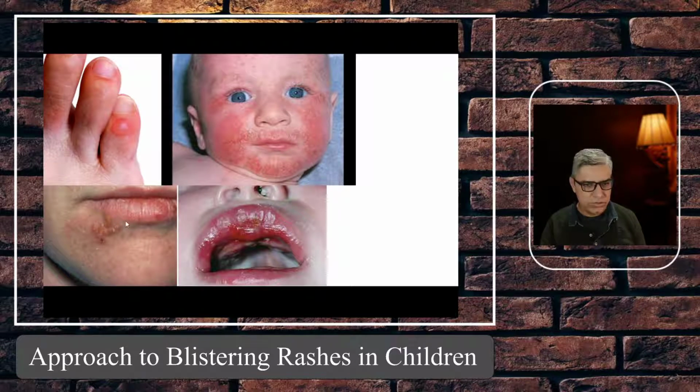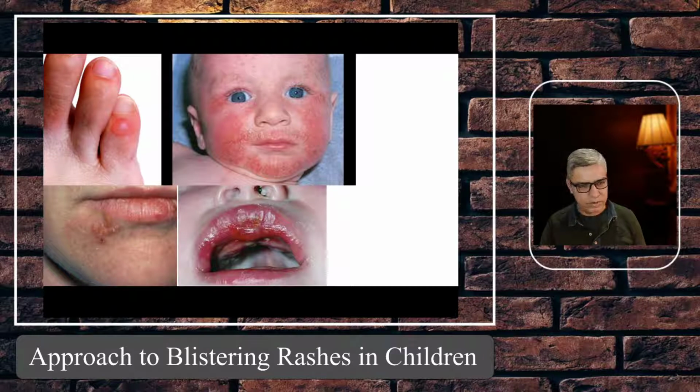If you see these two pictures, you can see here there is a small group of vesicles filled with yellowish fluid very close to one another and close to the lower lip as well, and here you can see some on the mucosa of the upper lip as well. So this is what we call herpes simplex stomatitis, or the localized